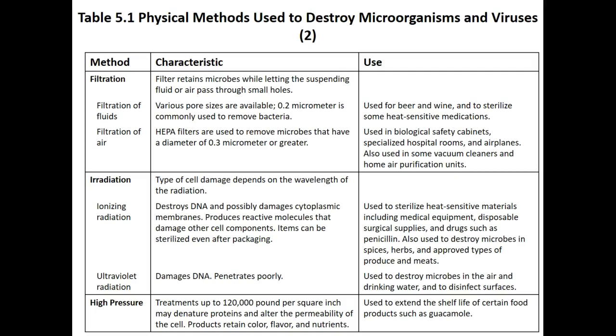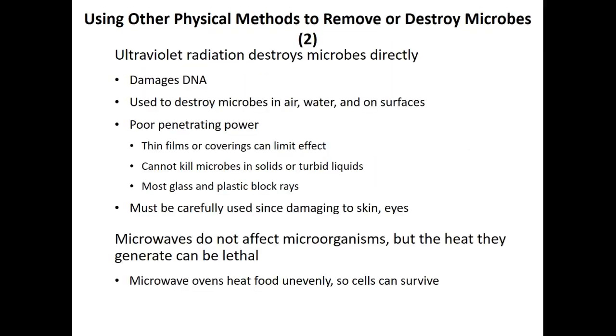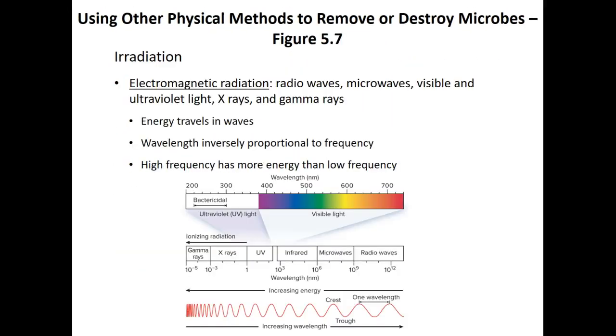Irradiation. This requires the usage of waves of energy in order to ultimately try to damage the DNA of that particular pathogen. I'll go back to the slide which discusses radiation because I want to show you something here. Radiation occurs in different ways. Radio waves, microwaves, UV light, X-rays, and gamma rays. A multitude of different waves. Well, at the end of the day, the energy traveling in these waves is inversely proportional